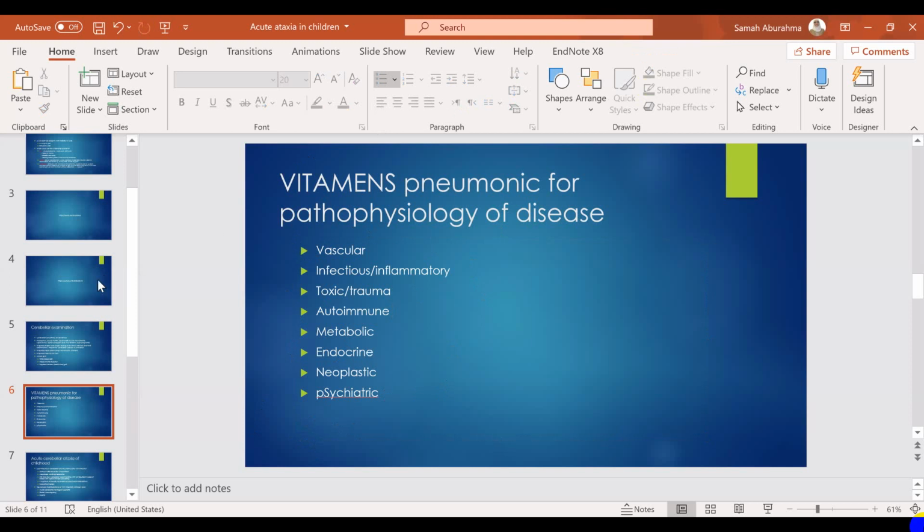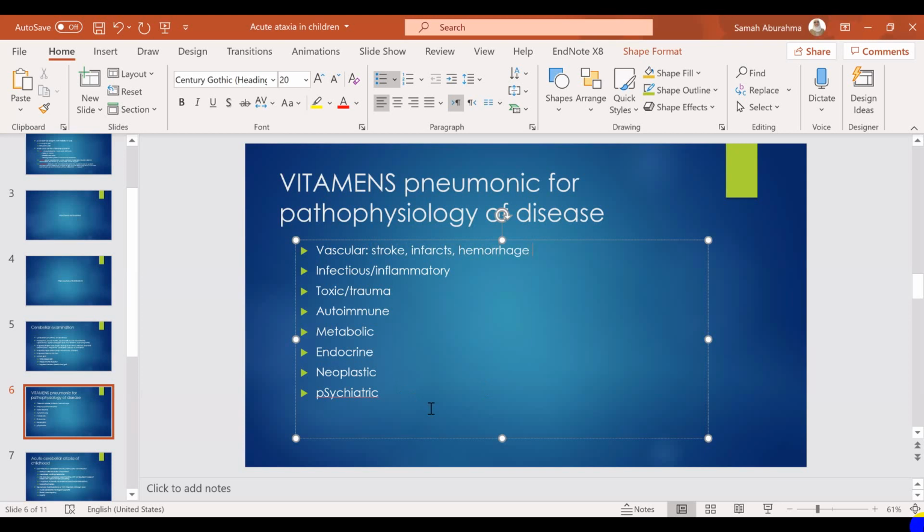In our case, in this patient who has acute ataxia, what do we mean by vascular disease? Like what? Stroke maybe or TIA. Yes, stroke, infarct, okay. What else? Vascular, hemorrhage, right? When should we think of vascular disease? When should we think of stroke, infarct, hemorrhage, whether in neurology or outside neurology? What makes you think of a vascular pathophysiology? Trauma. If it is sudden or very sudden. Yes, absolutely. Acute